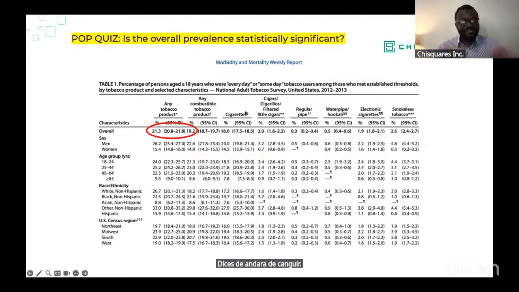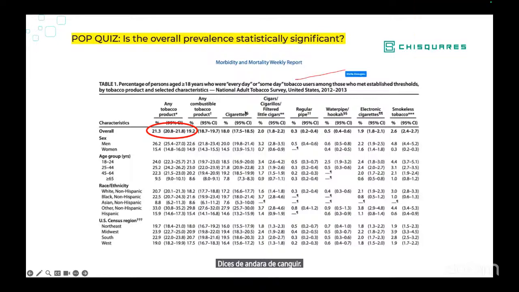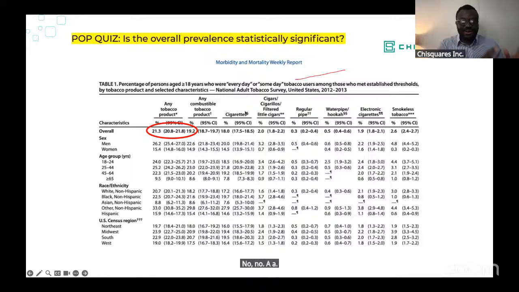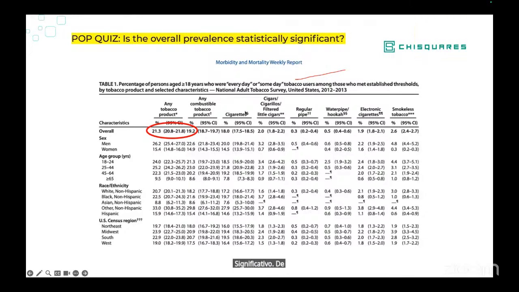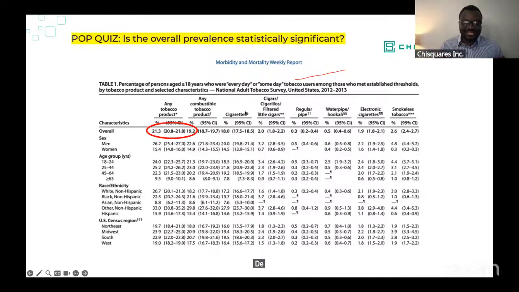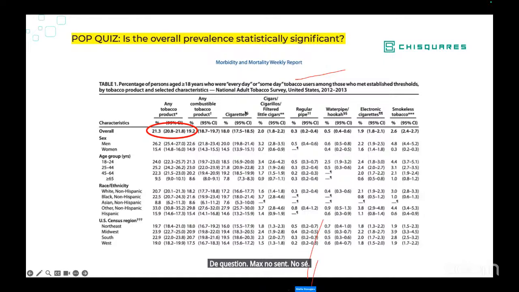All right, thank you. All of you are very, very wrong. The answers were either it's significant or it's not significant. The only answer is that this question is a nonsensical question. The question makes no sense. Now, who can tell us why this question is nonsensical? Why does it not make any sense?